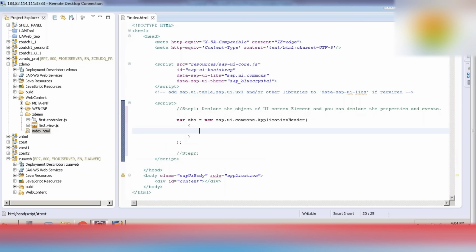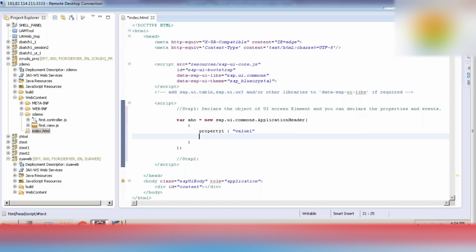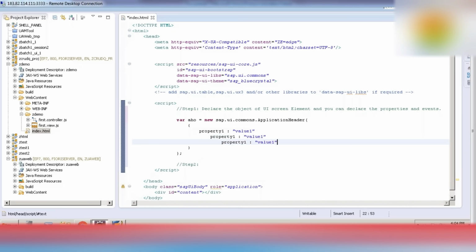First bracket, then curly braces, inside that you can use property 1 and a colon. The colon works as equal to in the above. So property 1 and its value, like value 1. Then similarly if you have other properties, you can use them, like property 2, value 2, property 3, value 3,